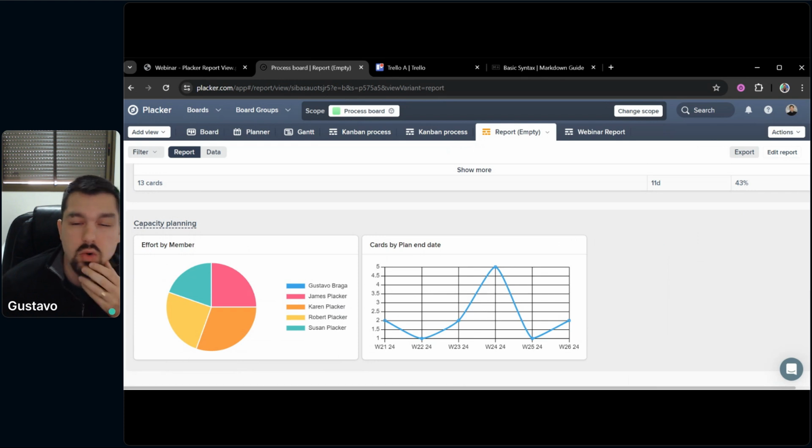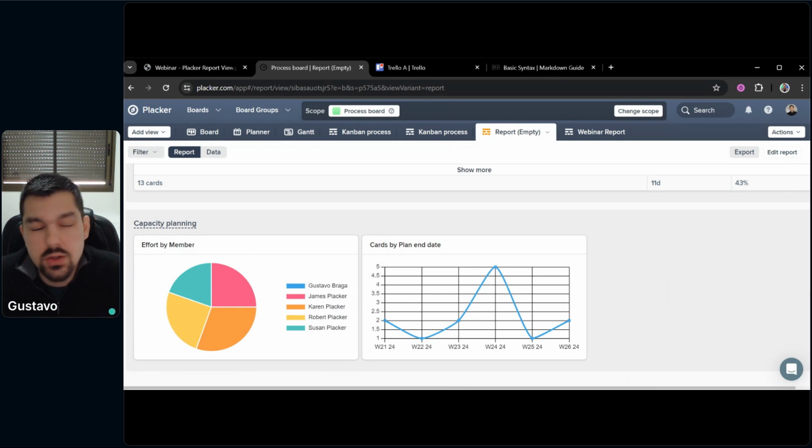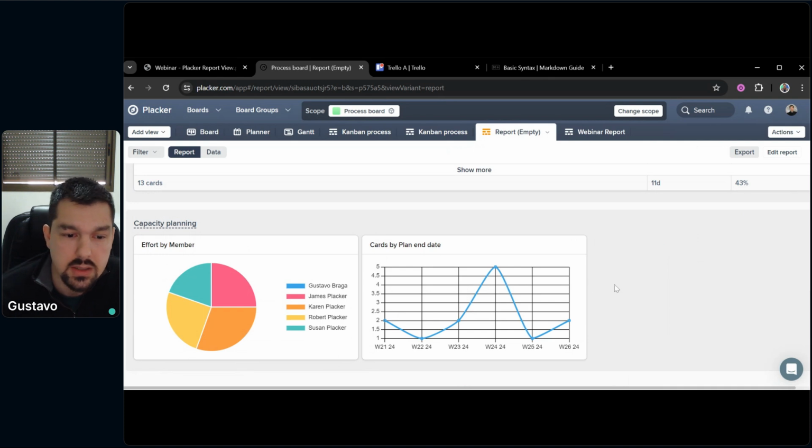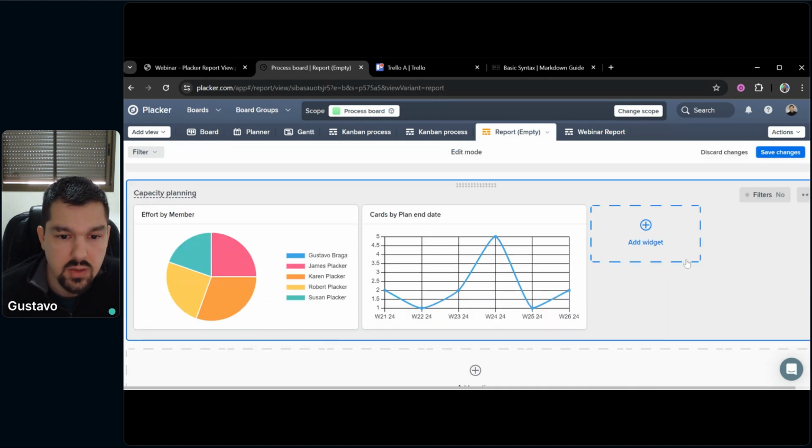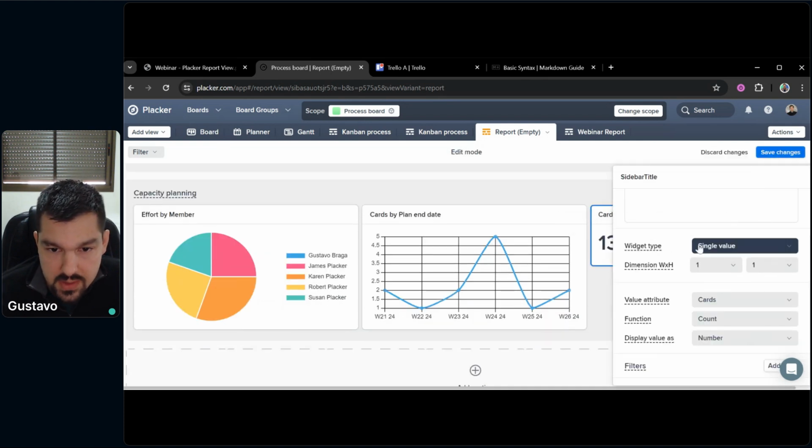But what if I want to cross those two units? I want to see how many tasks I'm working on per week, but I also want to see what the members are working on these cards. Because maybe one member is working at the start and another member is working at the end of the project, and I want to know how they are assigned. So I can edit the report, I can add a new widget,